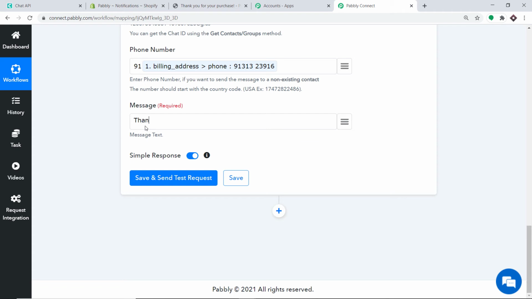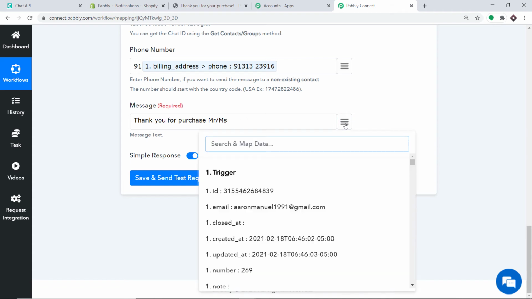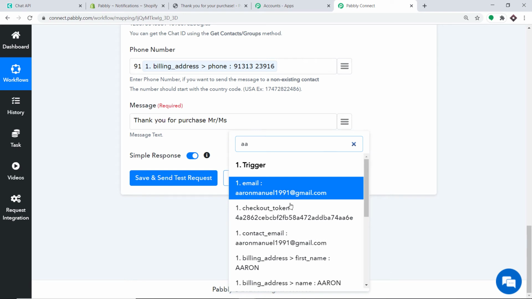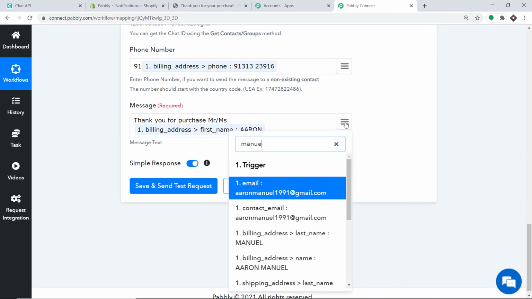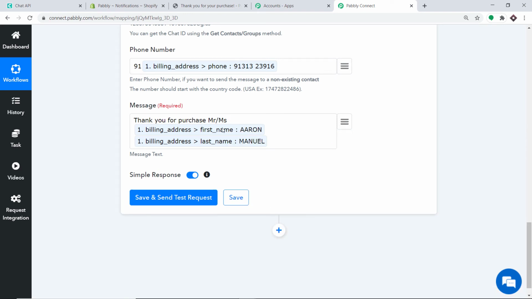So the message is something like this: Thank you for purchase, Mr. Miss. Okay, and then we have the name. The name is, I think, Aaron. This is the first name, and then we have the last name. So this is the last name. Okay, so we have the first name and the last name. Thank you for purchase, Mr. Aaron. Your product,